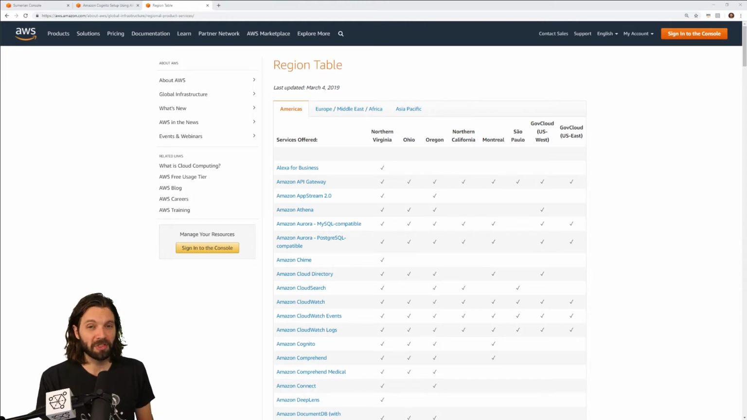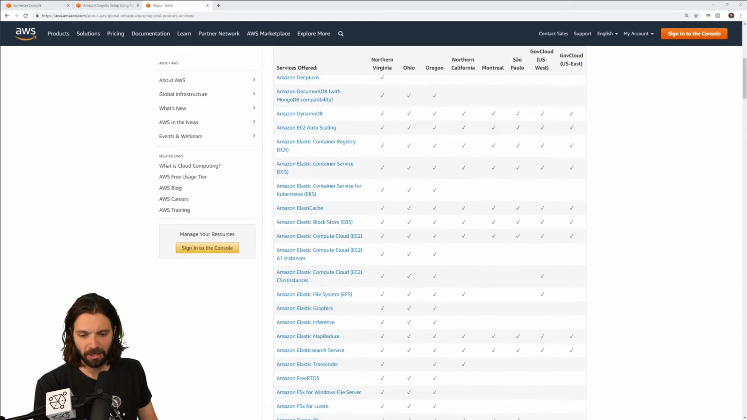However, it's important to think about what services you're going to be using and what regions they're available in. And that has to do with where you're going to launch your CloudFormation stack. So, for example, Amazon Lex is not as available as other services like Amazon Polly. It's offered in fewer regions. So, for example, if I go to this regions table, the AWS region table, and I go down to Amazon Lex,